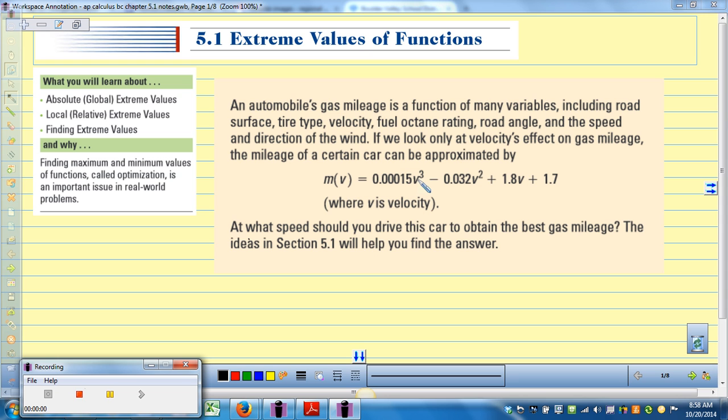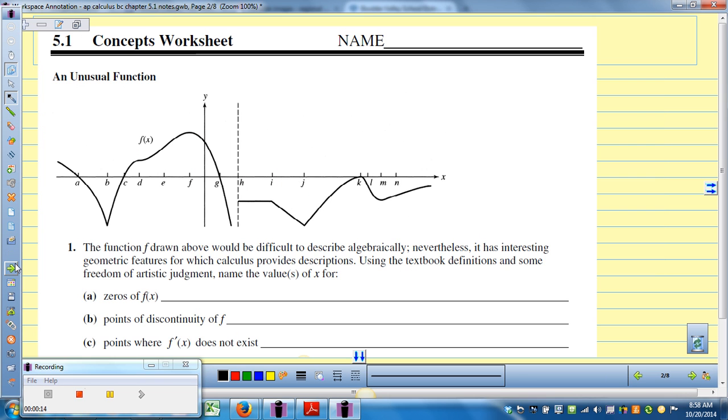Doing values of functions, and we talked about this example of how we can use calculus to help us find maxes or mins. And what you have been tasked with doing is answering these questions about this kind of funky piecewise function that we were given here. The first thing we were asked to find